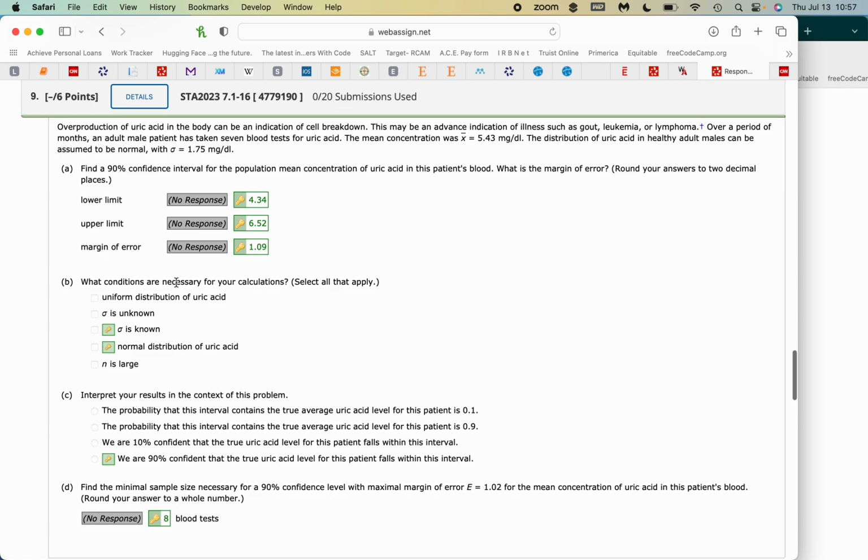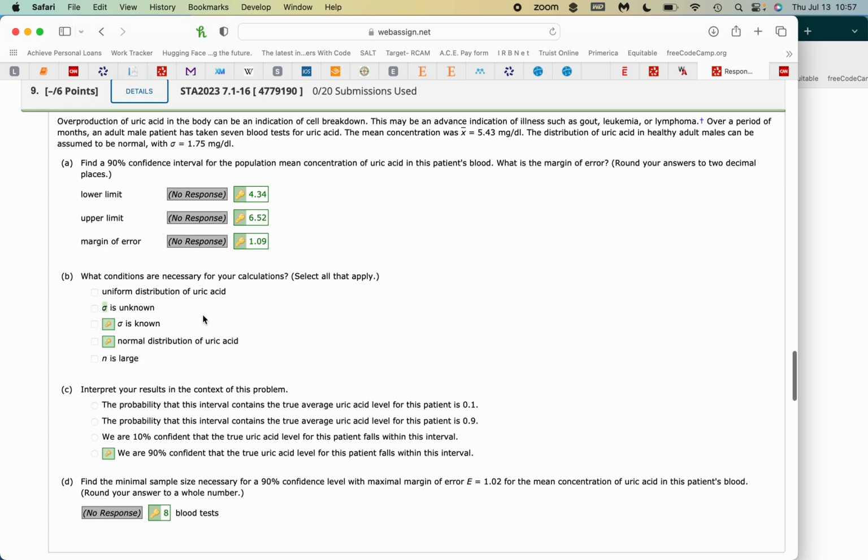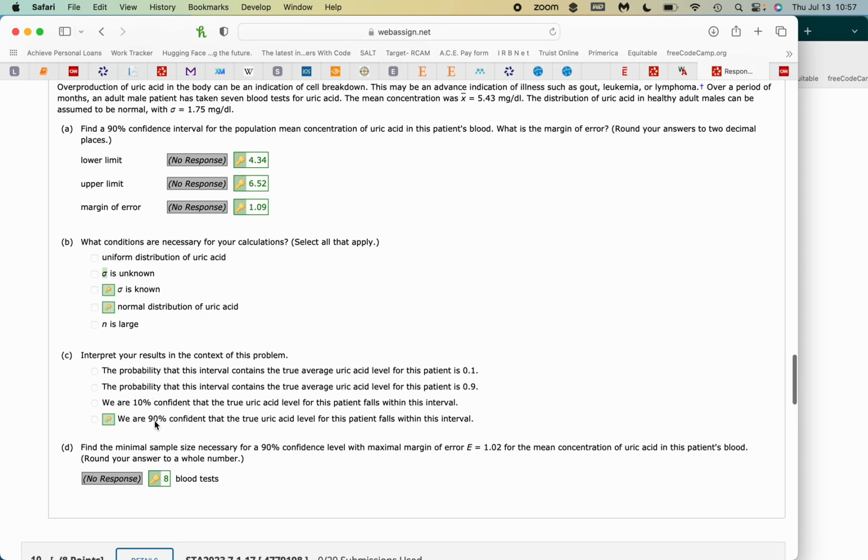So again, the necessary conditions: sigma is known and it's a normal distribution. If it wasn't a normal distribution, you'd need a large n over 30. And if sigma is unknown, you have to use the Student t distribution. Here, result right here, we have 90% confidence that the true value is between the interval right here,